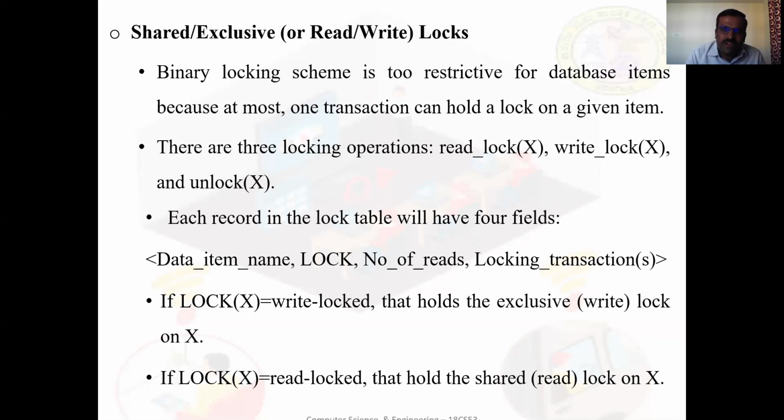A write-locked item is also called exclusively locked, because a single transaction exclusively holds the lock on the item. Only one transaction can write the item. Read lock is also called shared lock, and write lock is also called exclusive lock.